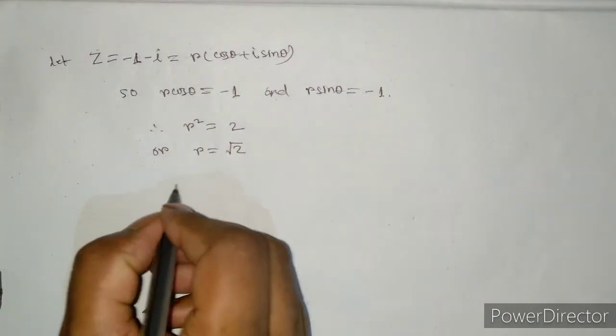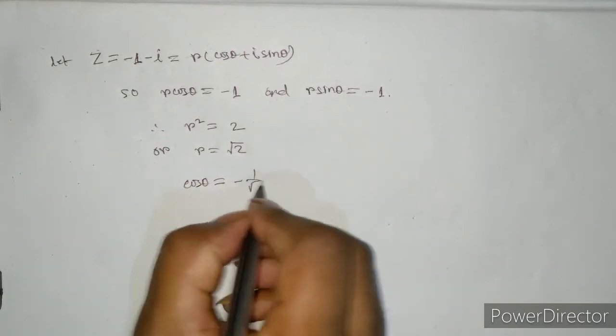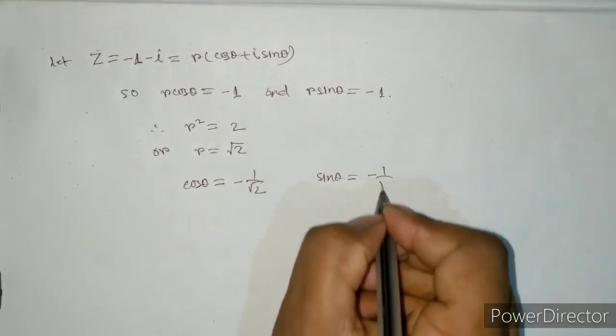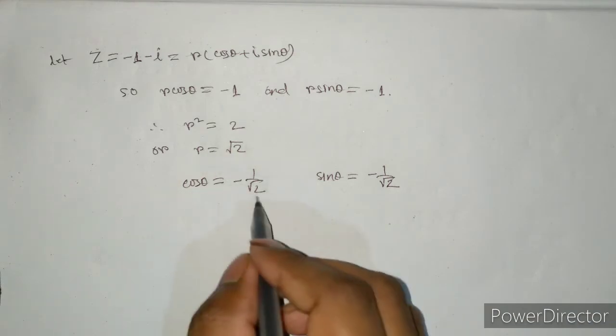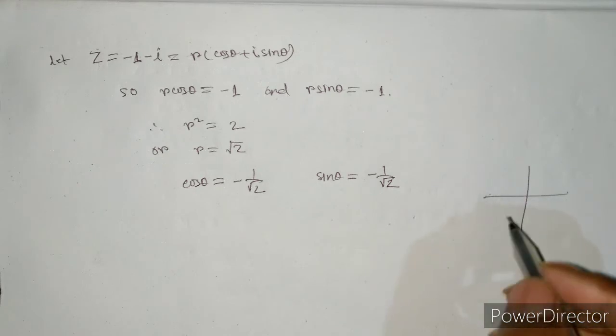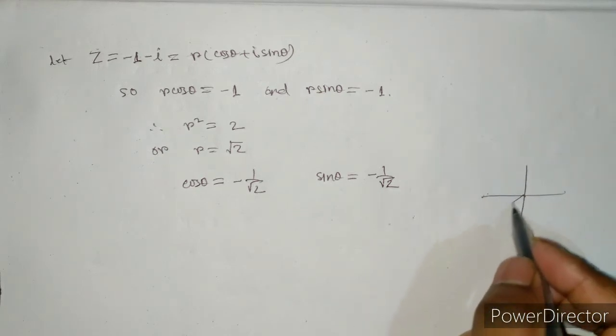And so cos theta equals minus 1 by root 2 and sin theta equals minus 1 by root 2. We see that cos theta and sin theta both are negative, so this angle will be in the third quadrant,